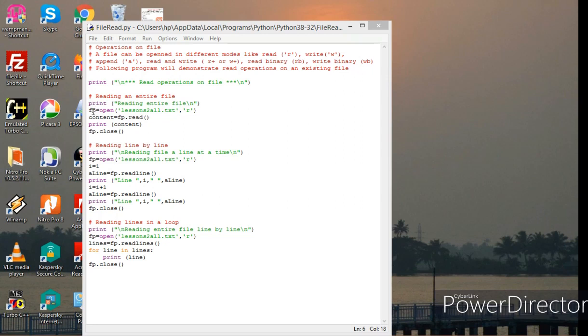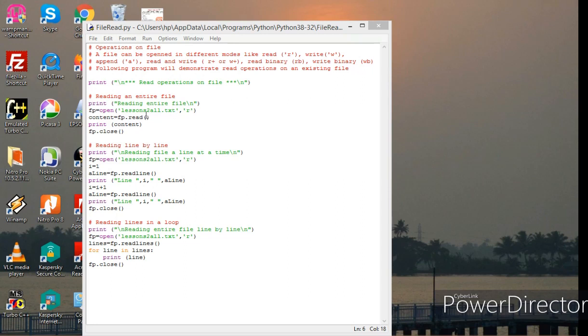Now fp is a file pointer, which is equal to, I can use here anything, fp, f1, f3, whatever it is, equal to open, and here the name of the file which I want to open. In this case the name of the file I have given is lessons2all.txt, comma, what is the opening mode? Opening mode I have given is r.